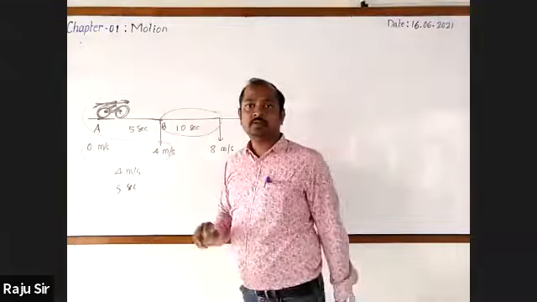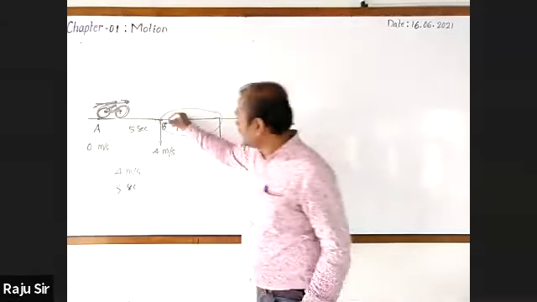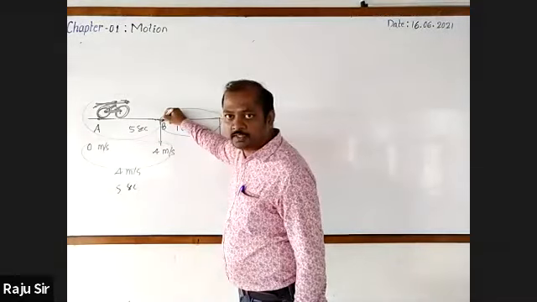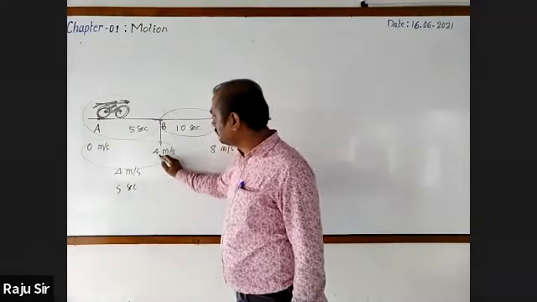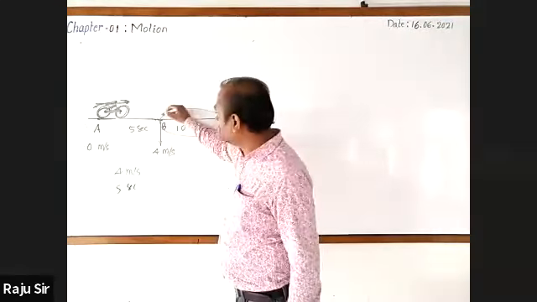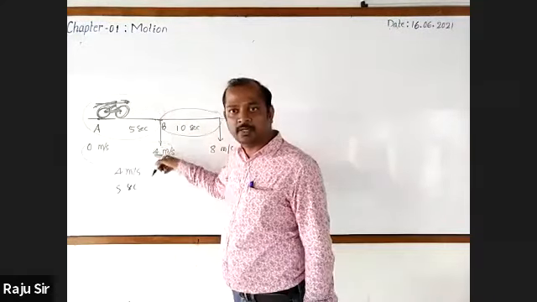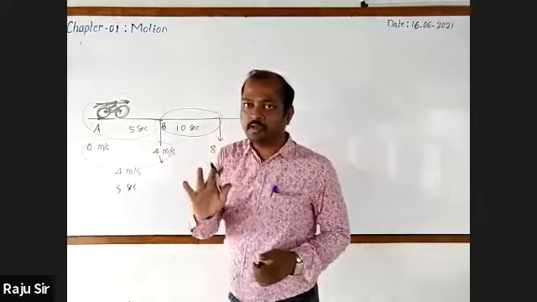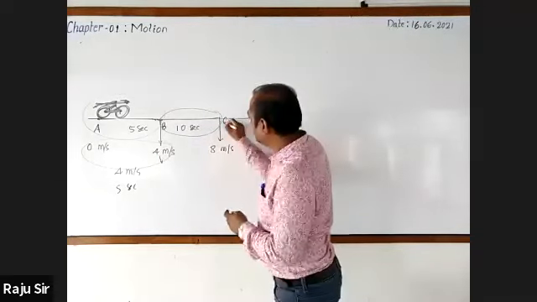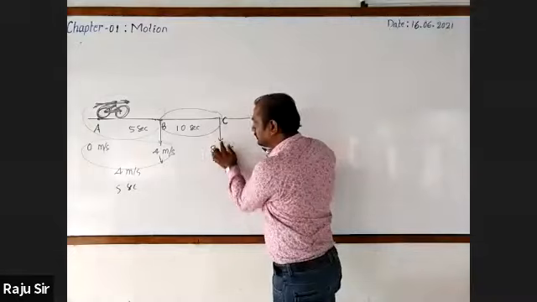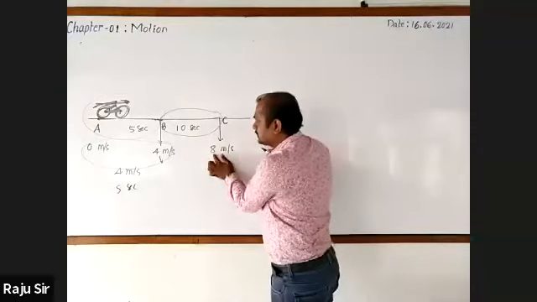Now, come to the next one. I'll take the second situation here, that is in the next 10 seconds. The vehicle is at B and it is moving with a speed of 4 meter per second, and we call this the initial velocity or initial speed of the vehicle. Clear? Then it has come to the position C. By the time it comes to C, it has changed its speed to 8 meter per second.